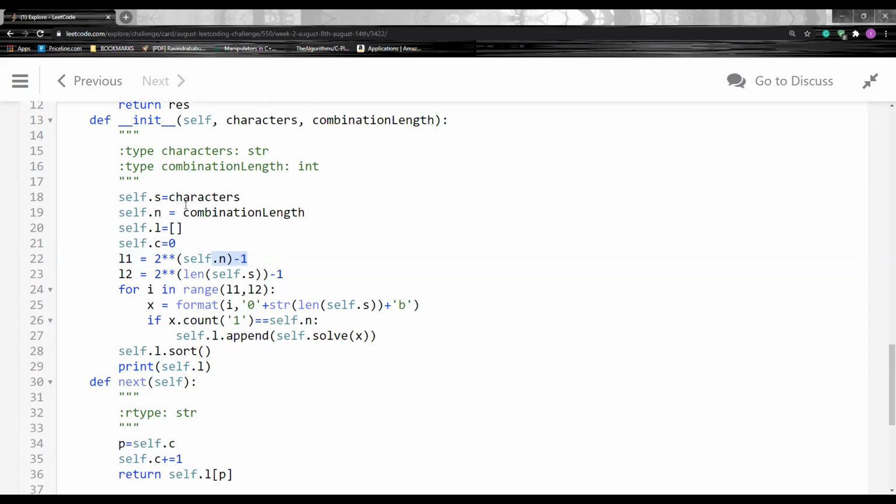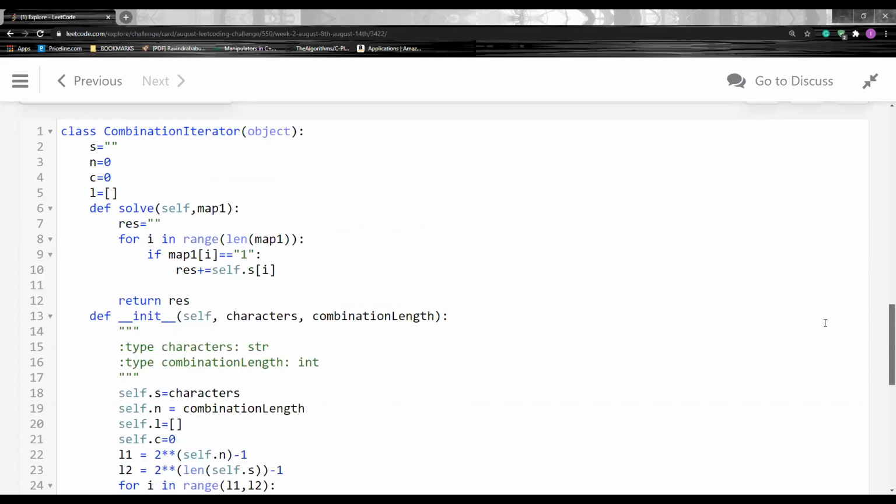From there I am traveling to the last number. While traveling, I am checking whether the bit mask has n ones or not. If the bit mask has n ones, then I am generating a combination and appending it.